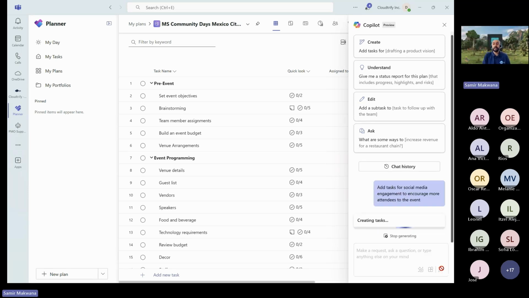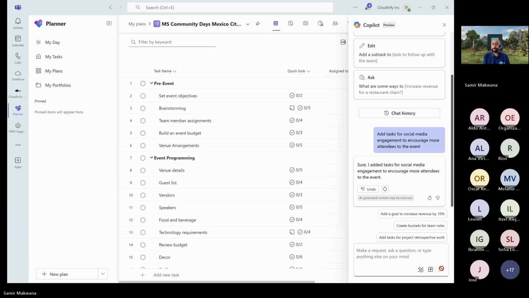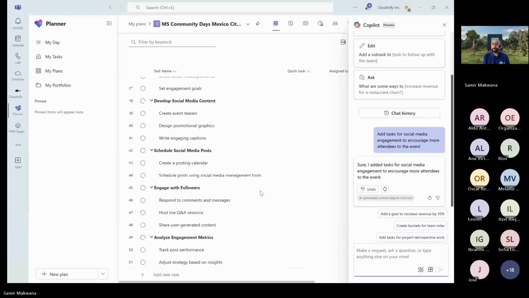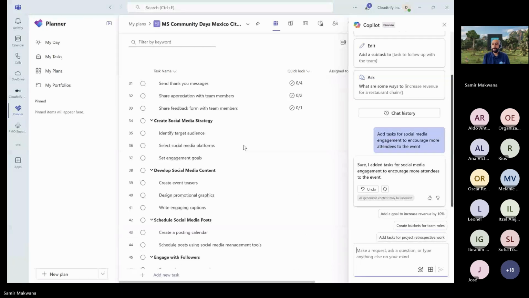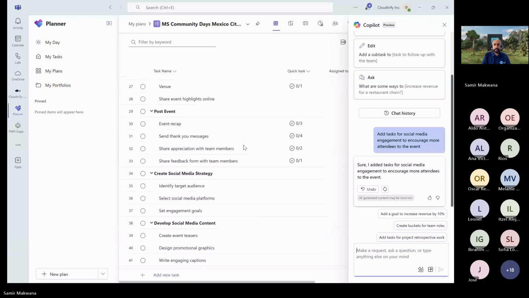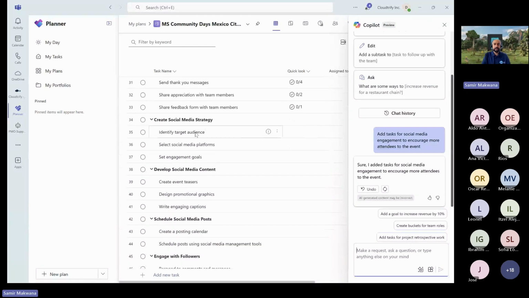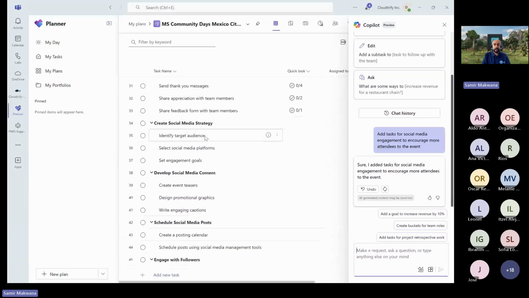Let's see what it says. So let's see what tasks have been added. So you can see here the social media content.